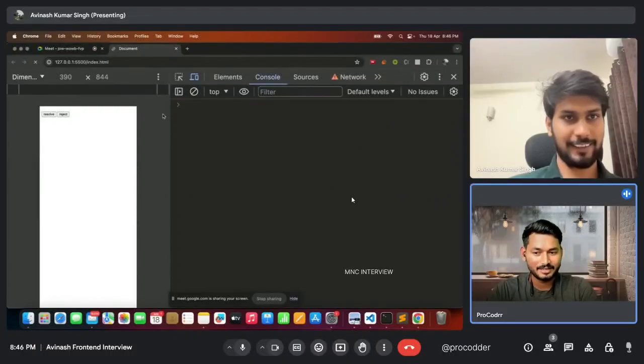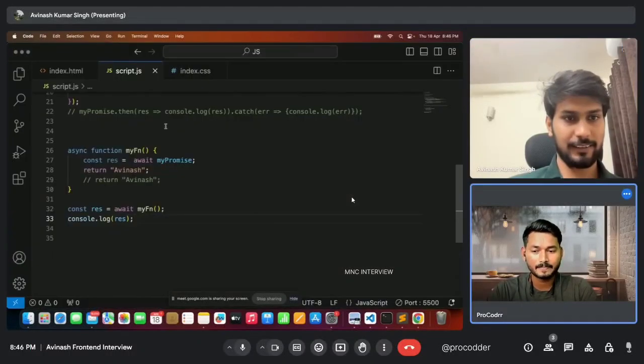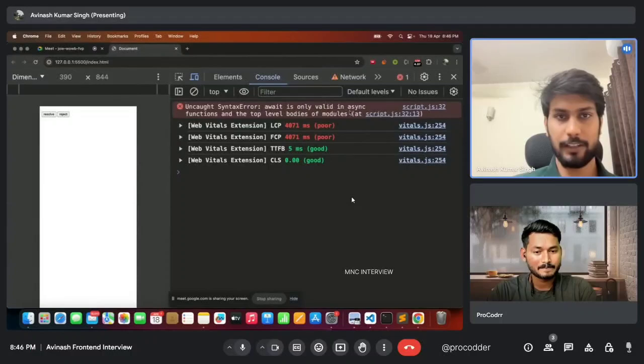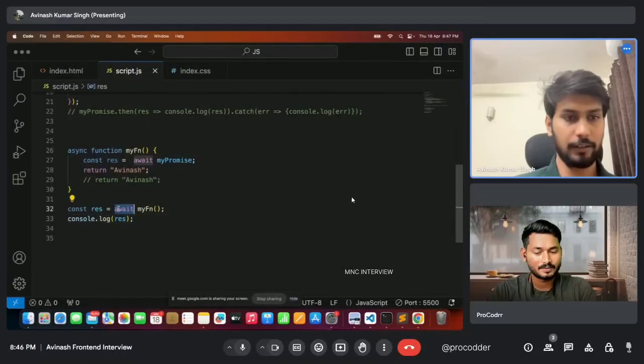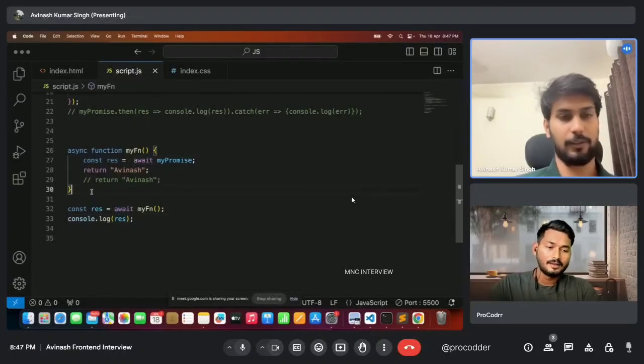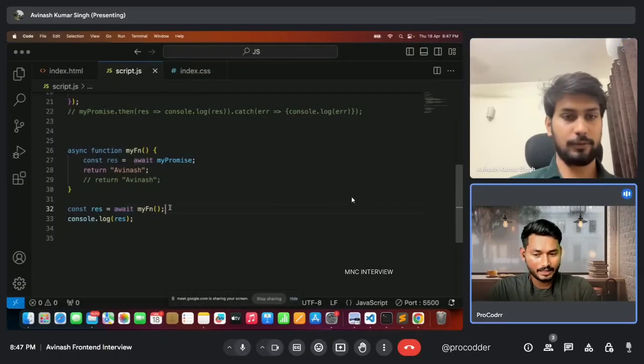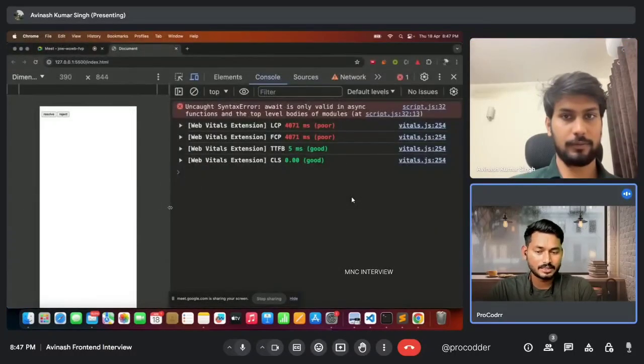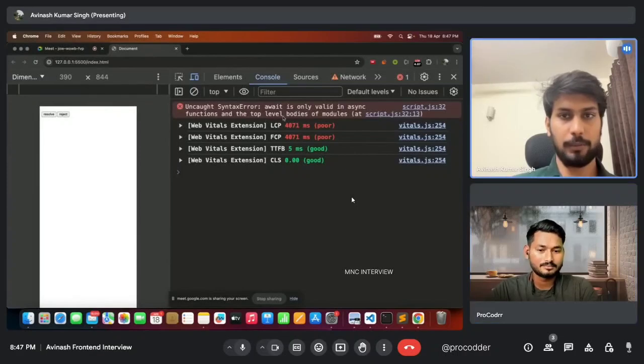Yes, if you read that error which is coming: await is only valid in async functions and the top level bodies of modules. Yeah, it is coming because we have used await outside the async function, right? Yes. But I'm telling that we can use it if we make some changes in our code. We can use it on top of the top level bodies of modules.